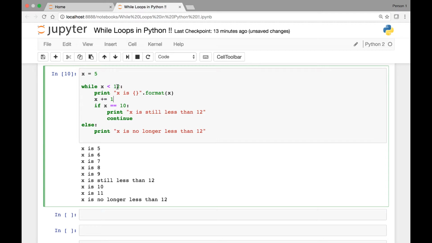6 is less than 12, it goes here, and so on until we reach 9. So x is 9 is printed, and then 9 plus 1 is 10. So here we have an if condition saying if 10 and 10 are equal, it says print x is still less than 12, and then continue. So x is still less than 12, and then continue with your while loop. So we go back here,